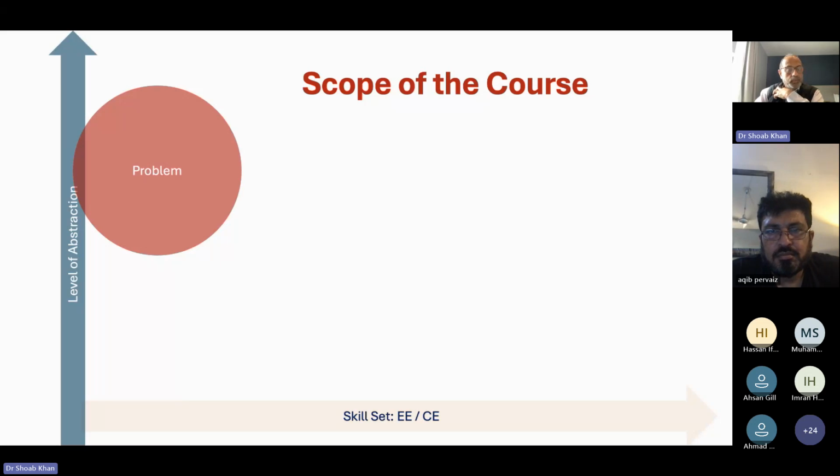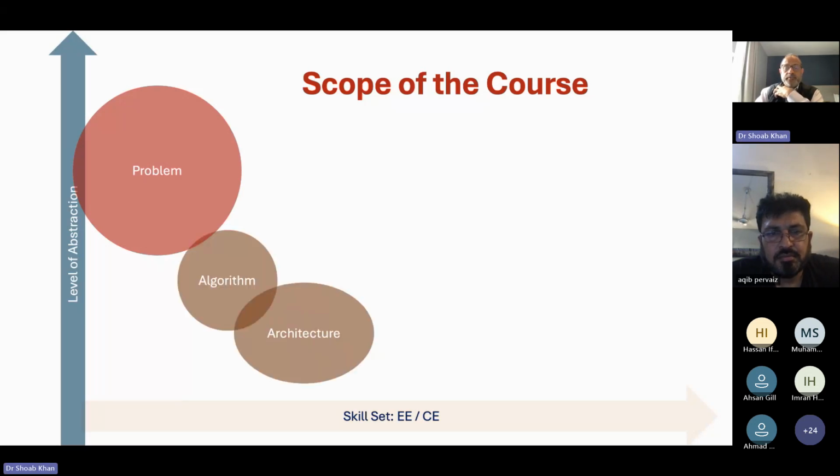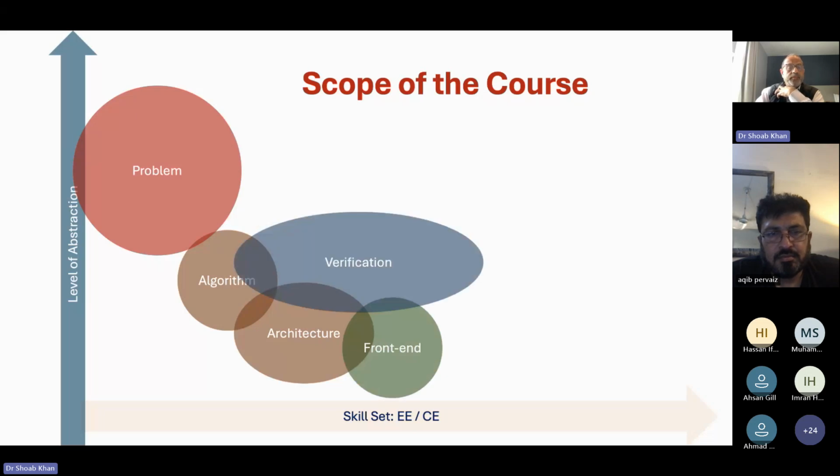There is a problem that you want to solve, and you write an algorithm, and you define an architecture, and you design a front end, and you have to do the verification of the algorithm, the architecture and the front end. Then, for those of you who go further, there are transistors being used, and you have a gate list,